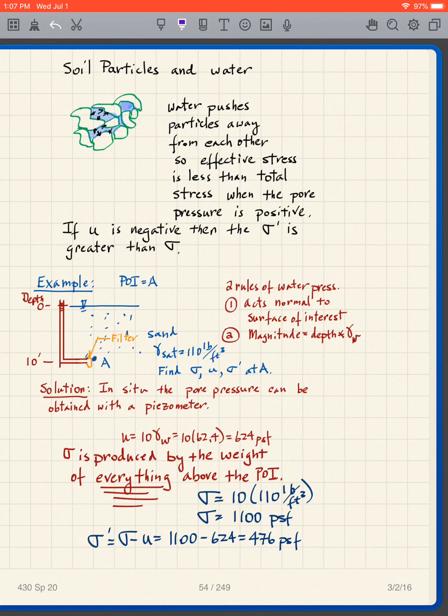Now, in situ, the pore pressure can be obtained with a piezometer. What is a piezometer? A piezometer is physically just a little hollow tube that can be inserted into the soil, and we have a little filter at the end, or maybe it could be as simple as a bag of sand. If we put a piezometer at point A, in other words, I put the tip of the piezometer at point A,